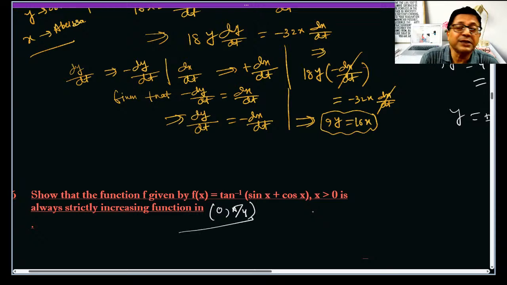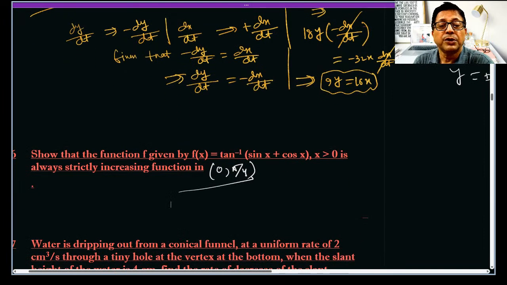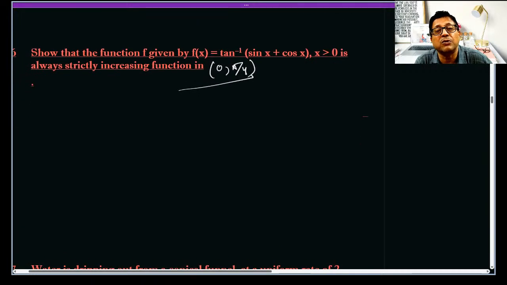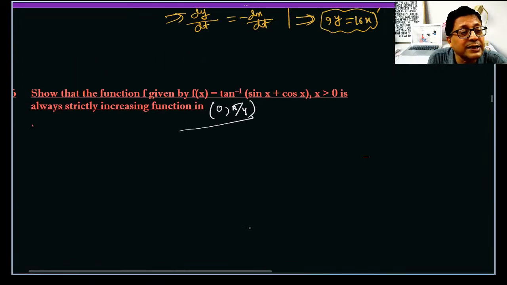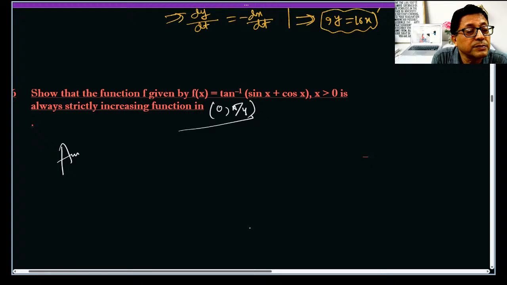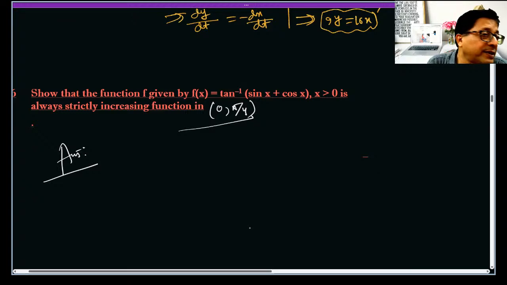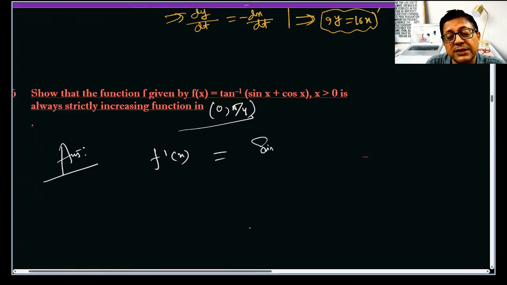Again I remind you, increasing means strictly increasing, no? So you have to check for strictly increasing functions. Tan inverse of sin x plus cos x for x greater than 0. How to check it? You find f dash x. F dash x is cos x minus sin x